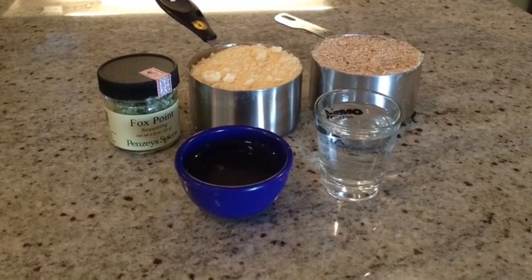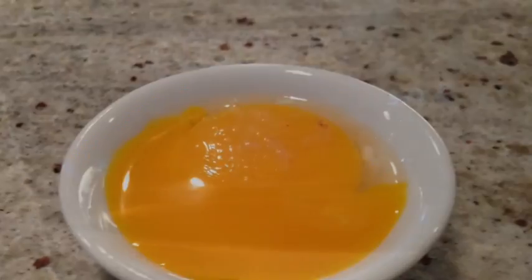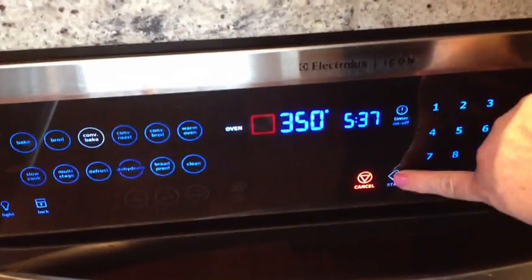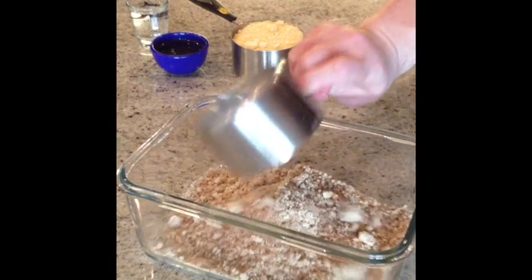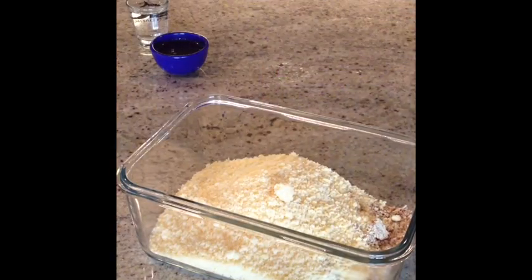What we have here is a cup of almond meal, a cup of Parmesan cheese, 1 egg white. I had to throw this in. Look at that egg yolk. Isn't that beautiful? You do not use it, however. We're going to set our oven temperature to 350 degrees to let it warm up while we mix everything together. 1 cup of almond meal, which you can make yourself, Parmesan cheese,